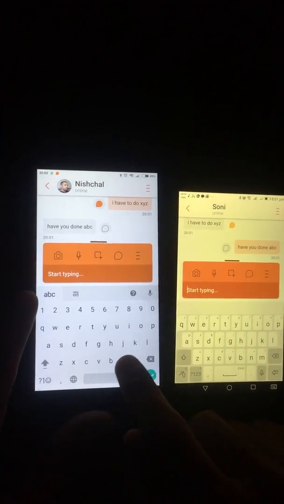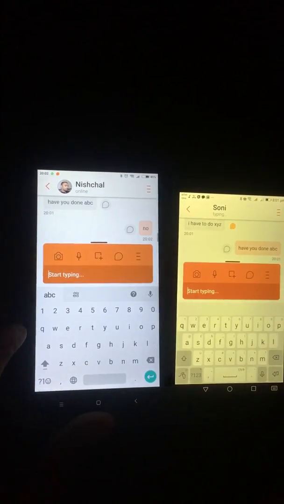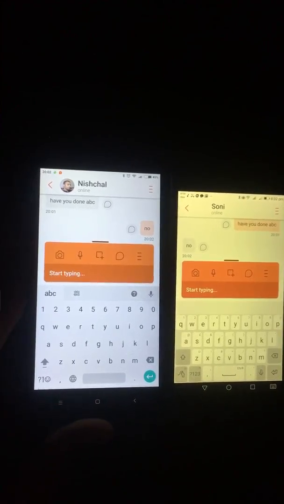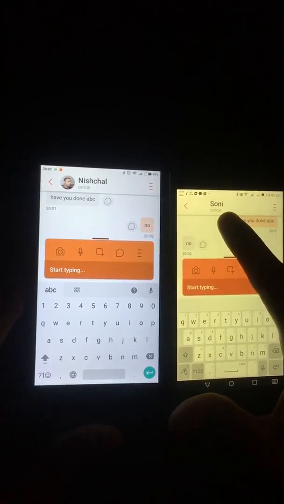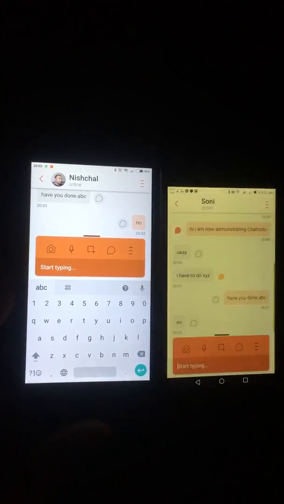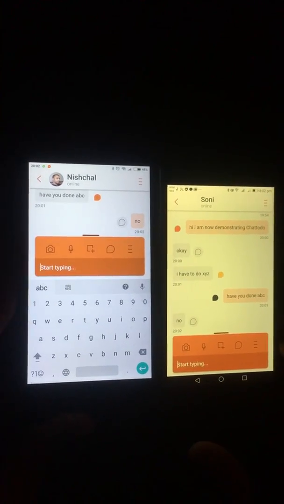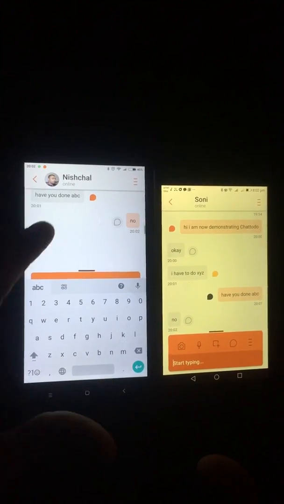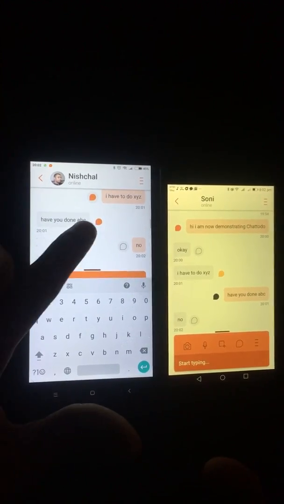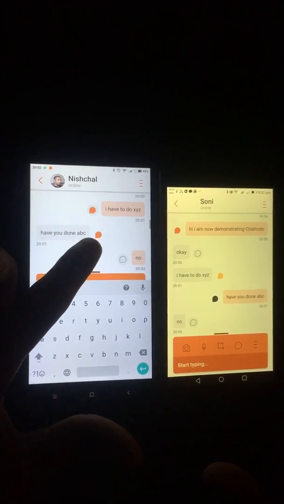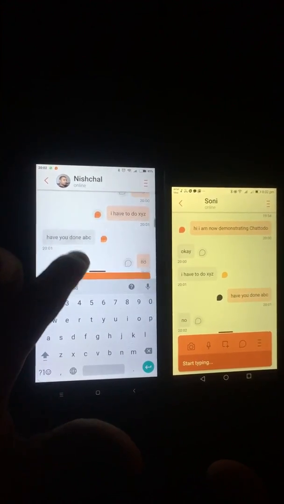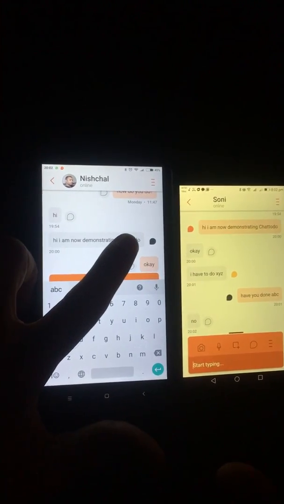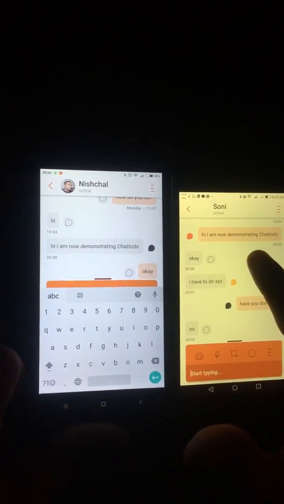And let's say she says no. Sony says no. So then what I do is I go and I assign this to Sony. Now you notice I assign this to Sony. This is Sony's to-do. It's orange. Sony has assigned this to me. It's orange for me.